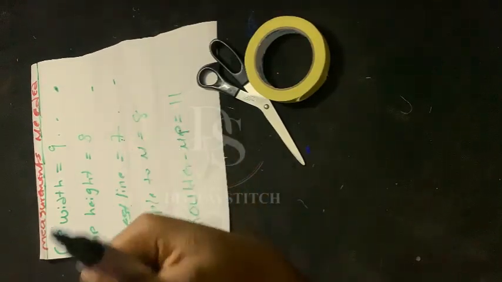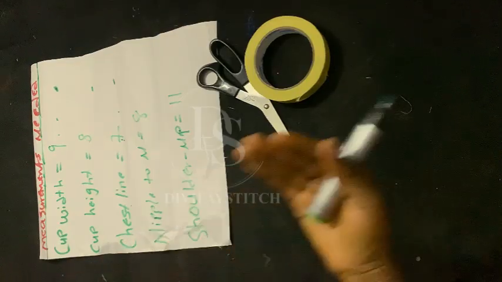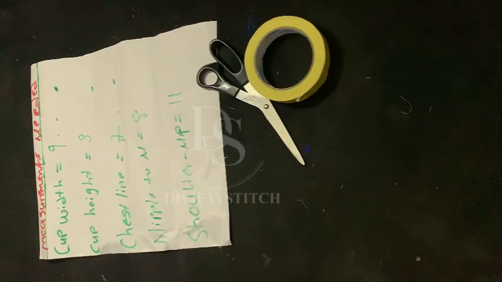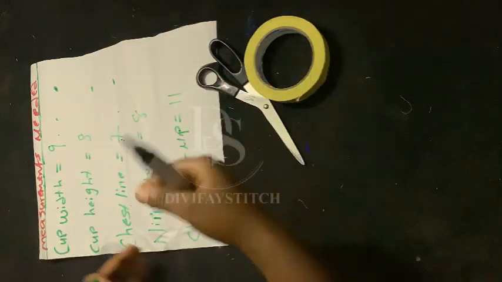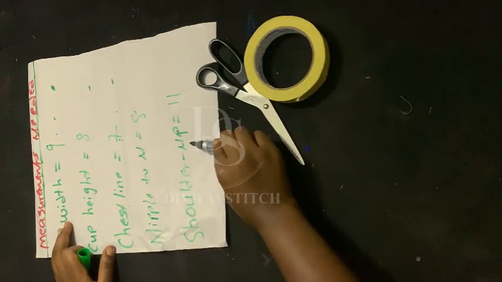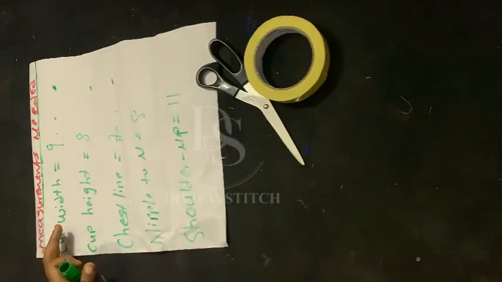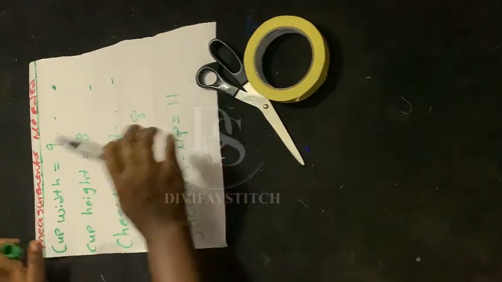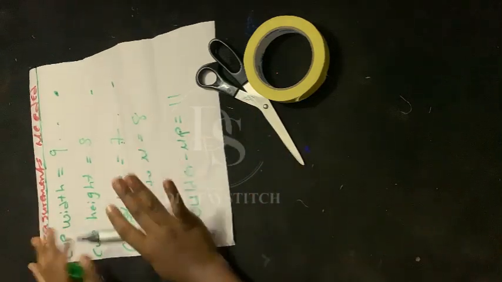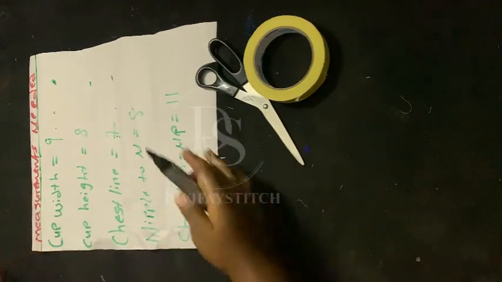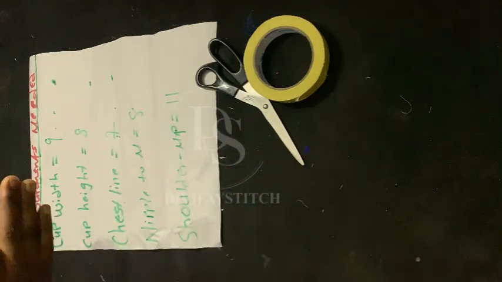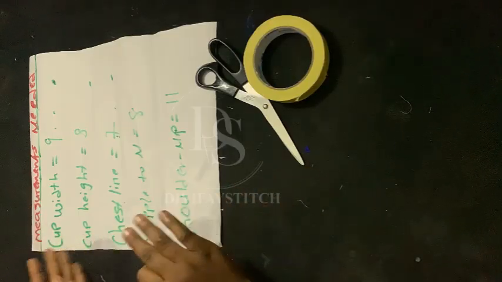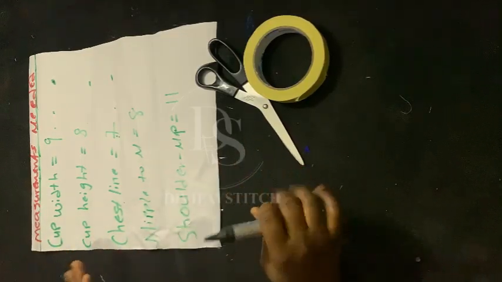Nipple to nipple, you know how to measure it now. Where your two nipples are pointed, that's your nipple to nipple. Then shoulder to bust point is your shoulder to your nipple point. I got 11 inches. So I'll be teaching you how to draft it, but this is the measurement needed. Anytime you want to measure your client for a corset dress, you need to take this measurement on their body